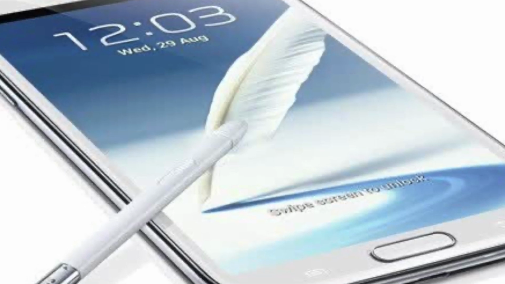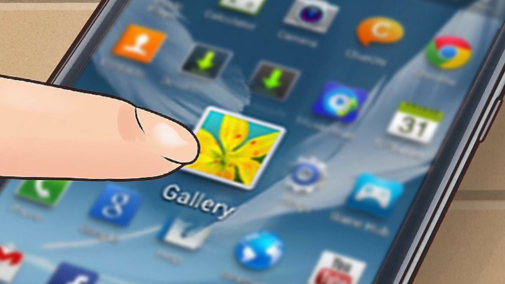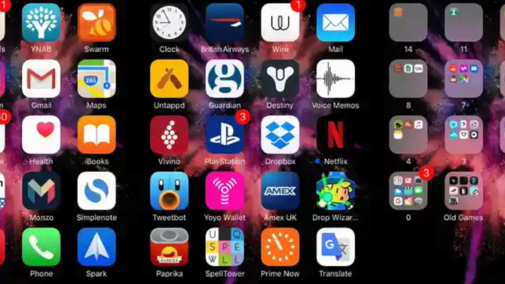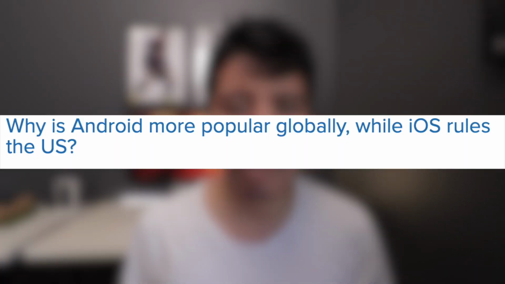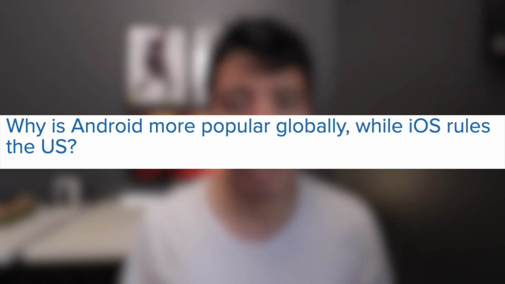And so let's start. Of course, when I started my tech journey, one of my first smartphones was the Samsung Note 2, and it was running Android. I was super excited because I knew I was going to be able to download some really cool apps on my phone. But after using the Samsung Note 2 for almost a year, I noticed that I wanted to try apps that were on the iPhone, and I was wondering why developers were not also developing on Android, when on Android there are a lot more users for them to download their app, get more usage, and probably even make more money. So I decided to do some research about this, and now I'm doing a video about it.